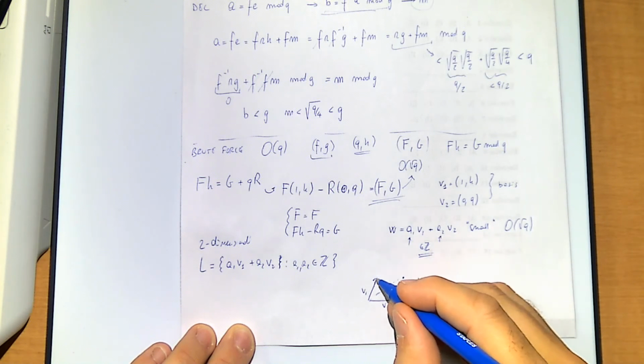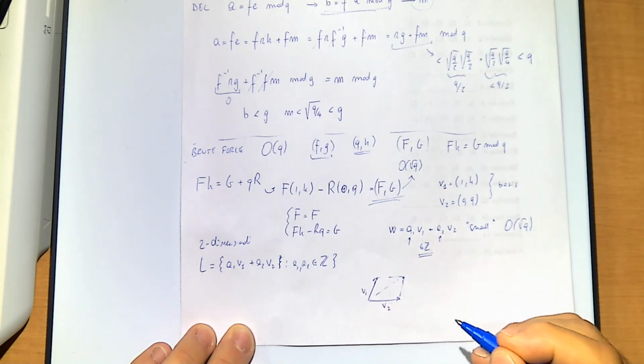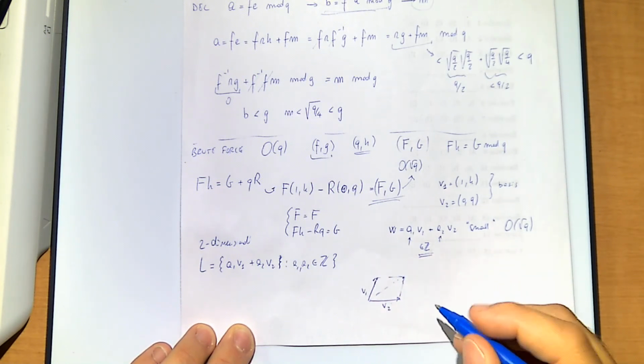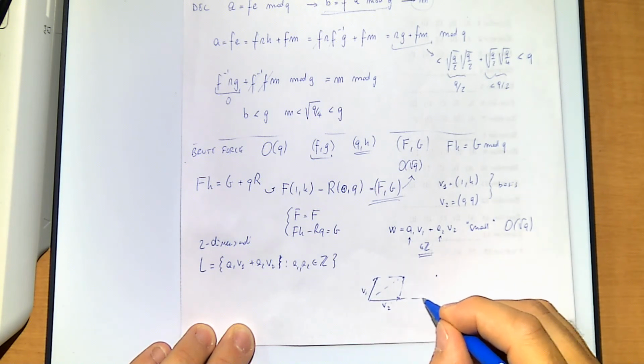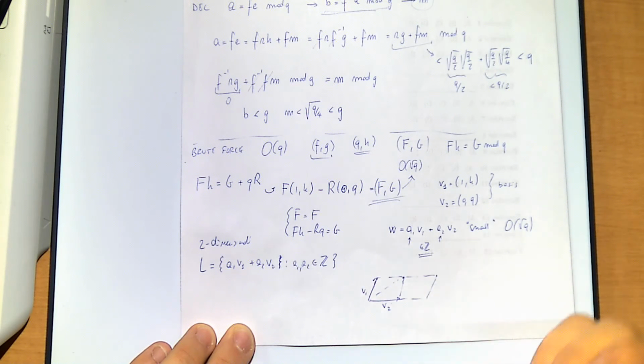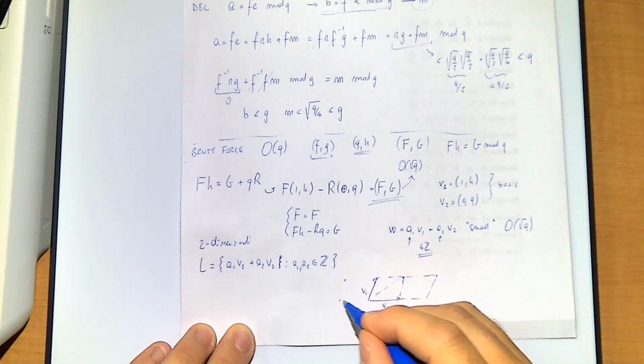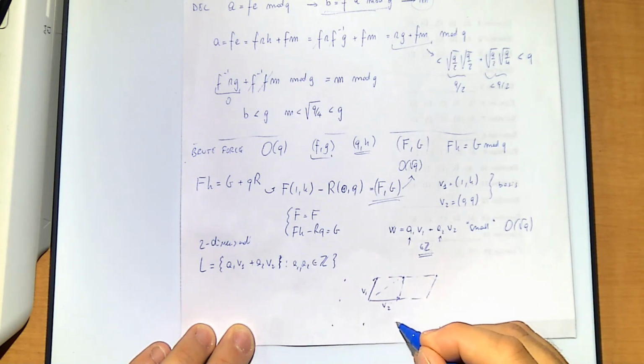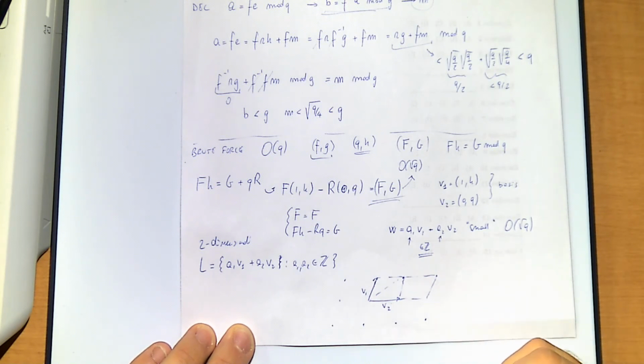What is v1 plus 2v2? It's this one. What if it's v1 minus v2? So you see that you basically get something like this,